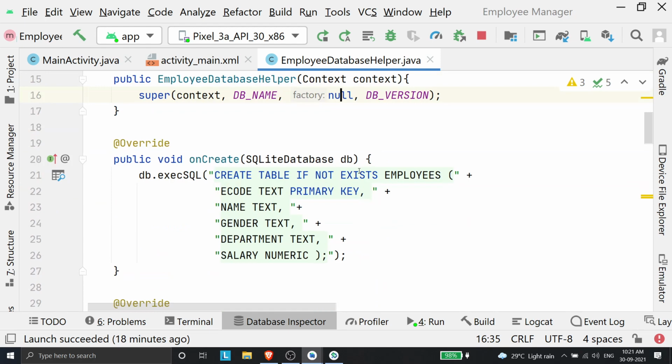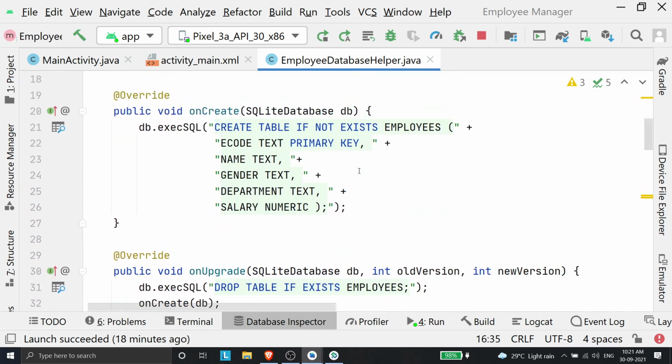So now onCreate, onUpgrade, we need to change it mandatorily. You can leave it empty, but leaving it empty is pointless because we need to create the tables. Like onCreate will create the database, and it will also create some instances for us. You can also populate the table with some rows and rows of data if you want. You can also create multiple tables, but we need only one table for now, and the user is going to be populating every data. I'm just creating the table for now.